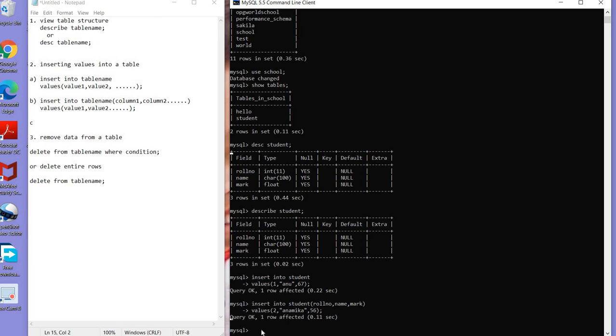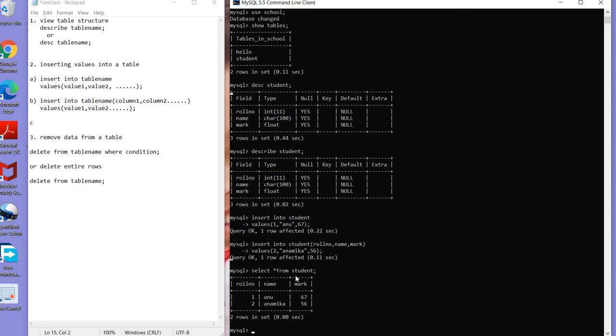Then how can I check whether the values are inserted or not? For that I am using SELECT star from student. This is a command to extract or retrieve all the data, all the rows, from the table.